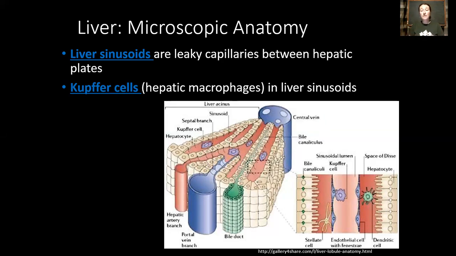So hepatic for liver, macrophages for big eaters. And so these are essentially cells whose job is to engulf, right? Kind of like Pac-Man, engulf anything that is very large and doesn't look quite right. So this can be red blood cells that are starting to break down because they don't have nuclei to be able to fix themselves. They can be removed by the liver, as we've discussed before. This can be bacteria that have gotten into your body and are trying to infect your tissues. These cells are going to get them out of the way and break them down so they're no longer a threat.